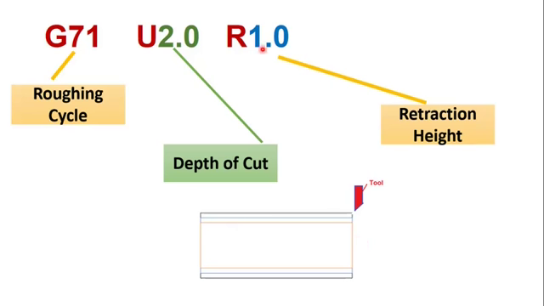So what is the importance of retraction height? If I don't give retraction height, it will come very fast like this, and it will damage both the workpiece and the tool. So that's why I move this one by a small amount of height, that is let's say 1 mm, then go fast with G00, then again do the linear interpolation G01 command, where I will go on removing this machine part. Okay, then move up, come fast, and like this it will go in the cycle.